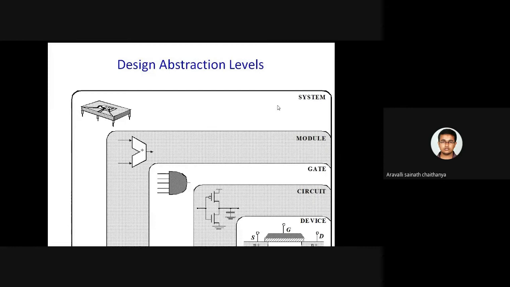Coming to the arithmetic realizations, I may have adders, subtractors, multipliers, divisions. All these things come into picture. So coming to the full adder, can I say my full adder is developed by a number of logic gates?